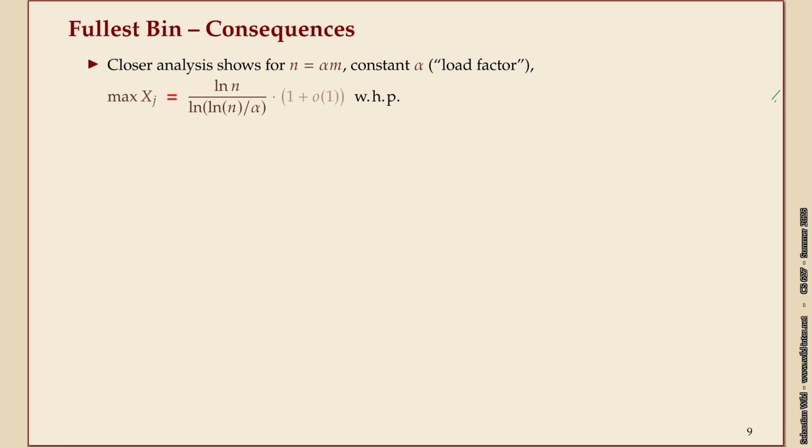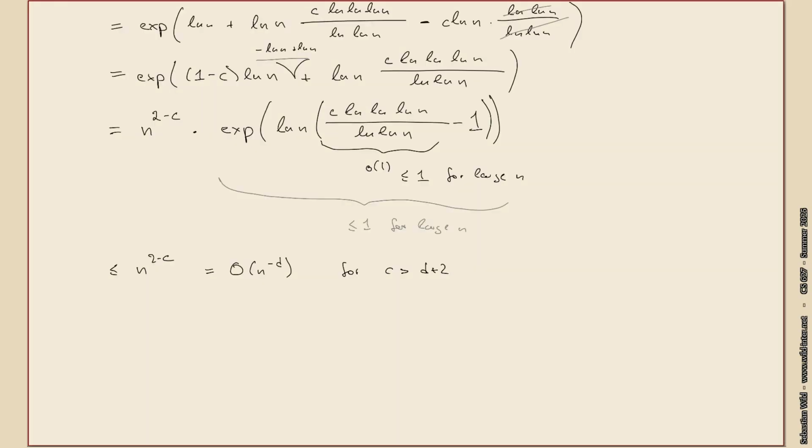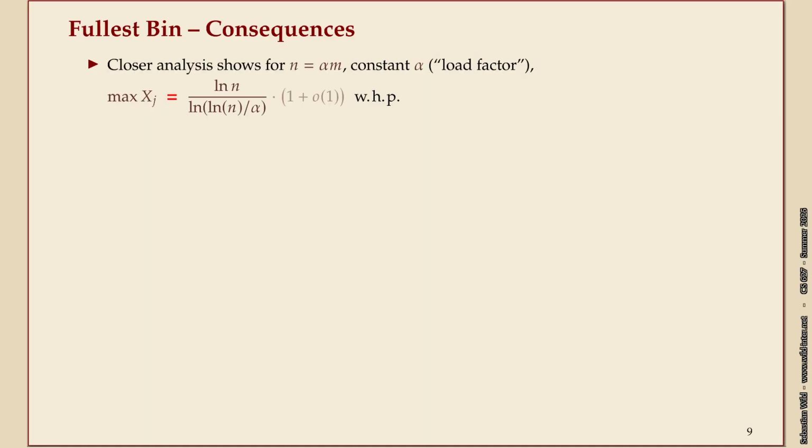What does it mean? First of all, you can strengthen the analysis with different techniques. What I showed you was still elementary calculations. If you don't lose your terms, what we used was really just union bound and some simple asymptotic tricks. You can show with other techniques that you actually get an asymptotic statement. First of all, what we've shown as an upper bound is also a lower bound. If you throw enough balls into bins, the fullest bin will have that exactly log n over log log n behavior,